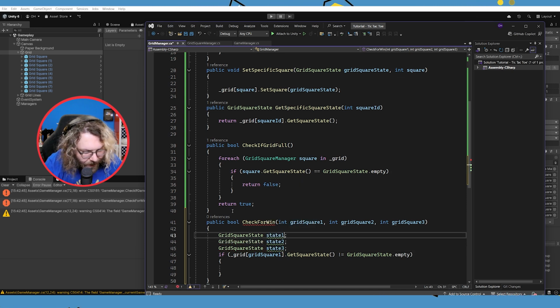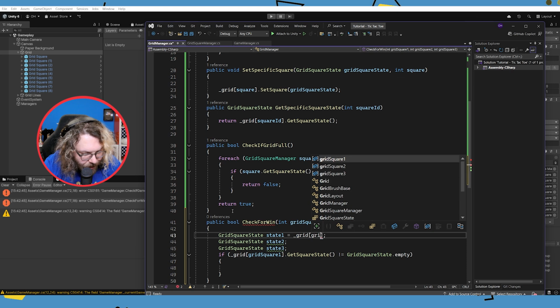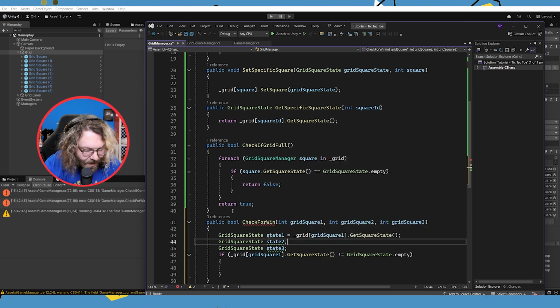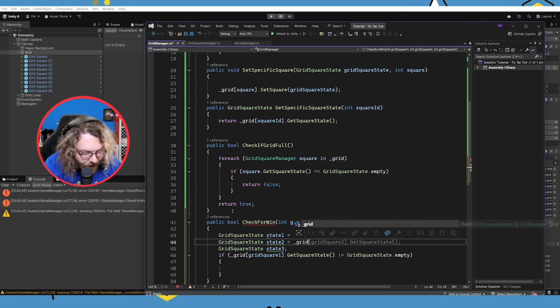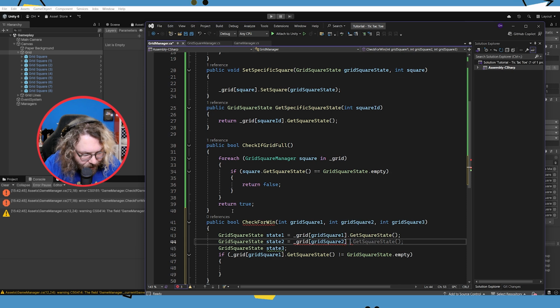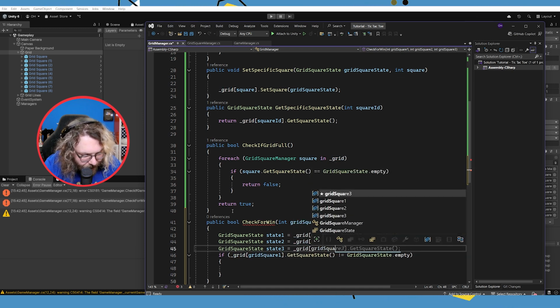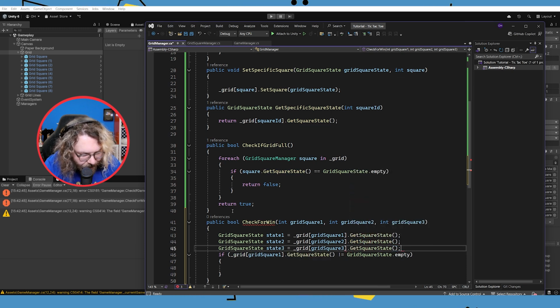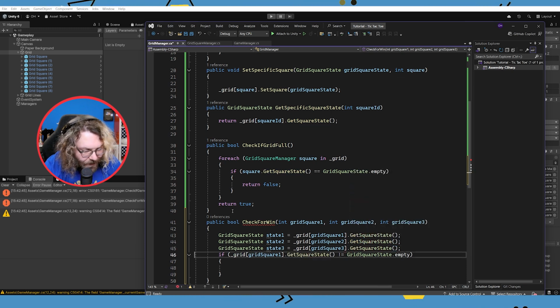We know state 1 is equal to grid square 1 dot get square state, and then we're going to do equals grid square 2 dot get square state, and then for 3 equals grid square 3 dot get square state. Cool. And then we've got all 3 of the states, and we just want to do if